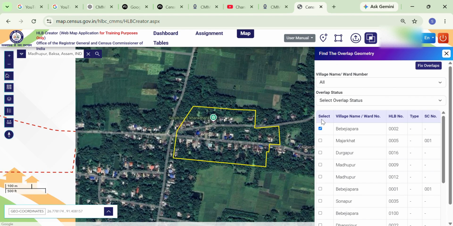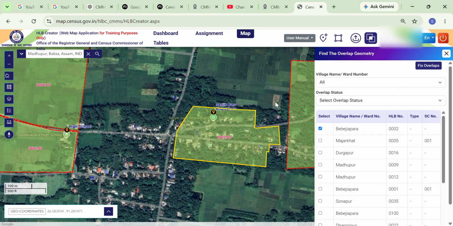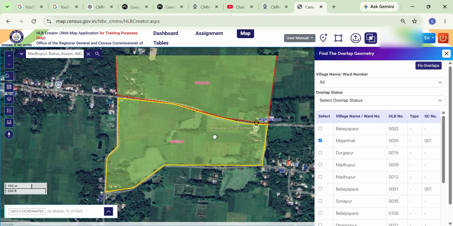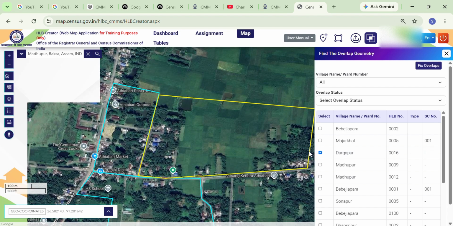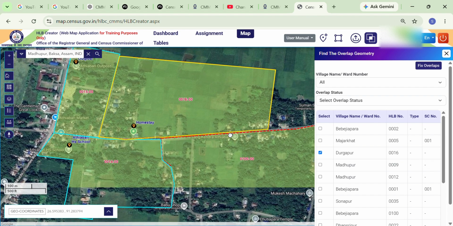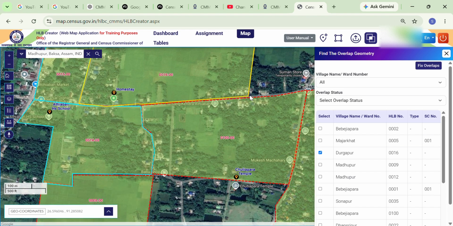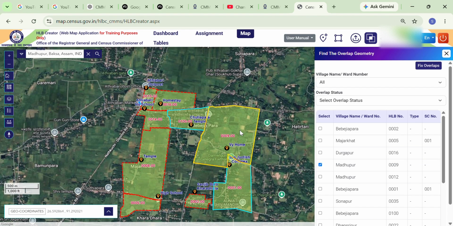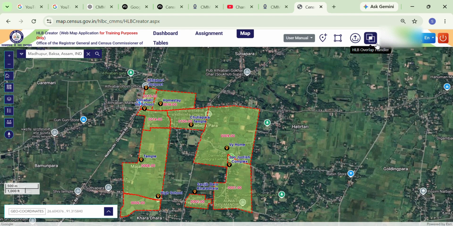And there is an overlap functionality also to check the overlapping of any area, right? If there is no overlapping, then it will not show any overlapping area. It visibly shows exactly how much space is left between the two. This is the functionality of overlapping, right? See, here also all the overlapping portion will be visible on our screen, right? So in this way we can verify the overlapping feature.